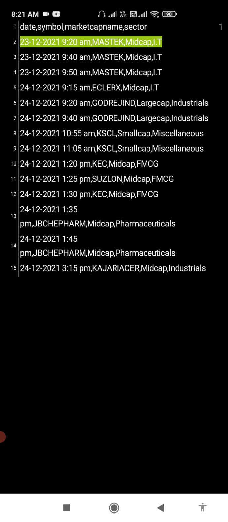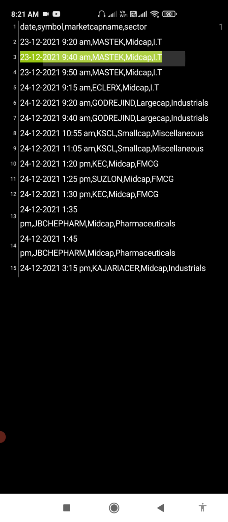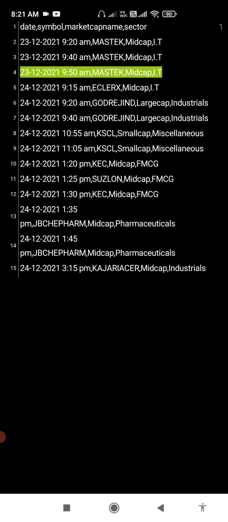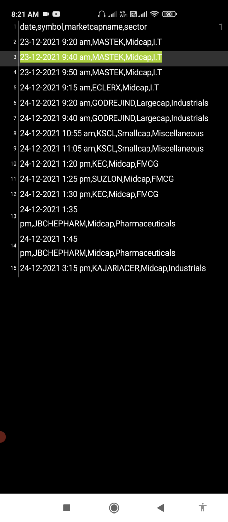It is giving the alert. 920, 940, see Nasdaq, it is giving the alert. It is an intraday bullish strategy, only bullish. We will see one by one. In total it is giving 15 or 14, sorry, 15 or 14 stocks from the last 2 days. Every single stock we will see, how it is giving performance. So I will take this screenshot.